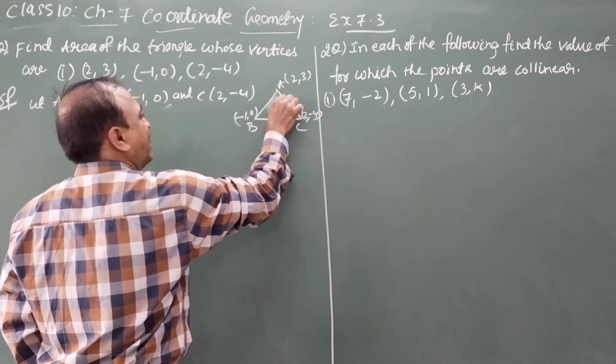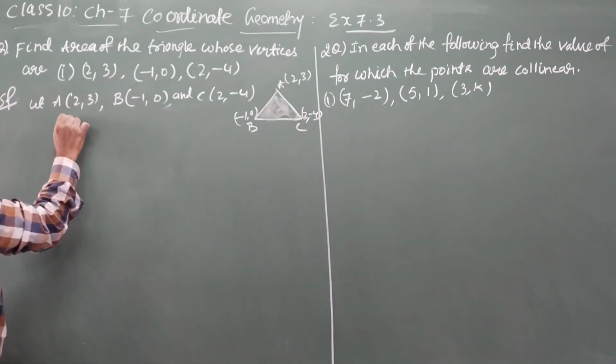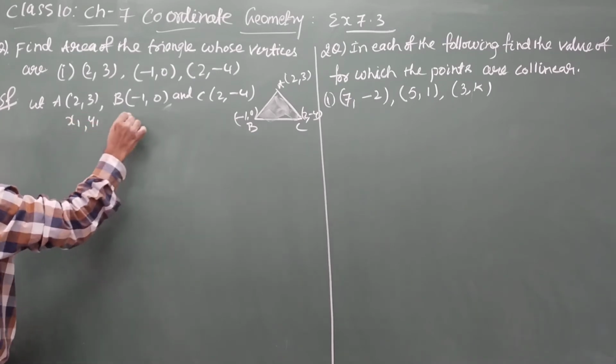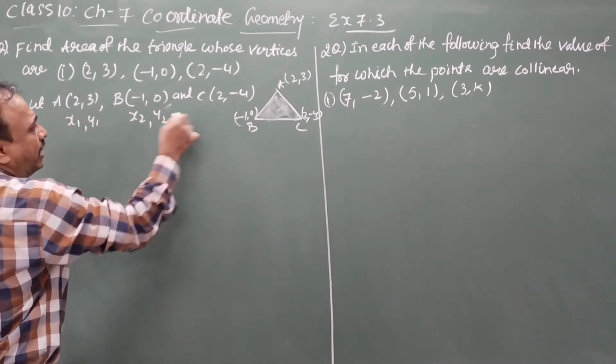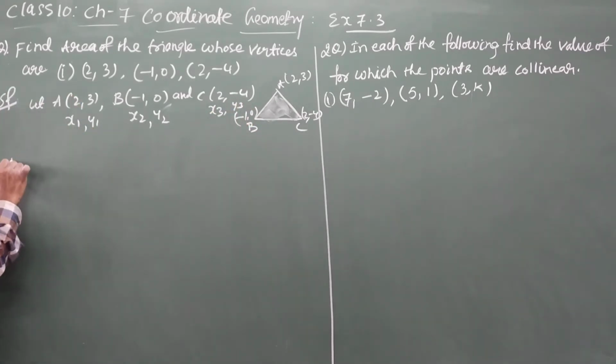So how much area does it occupy with these coordinates? This is x1, y1, x2, y2 and here it is x3, y3. So the area of